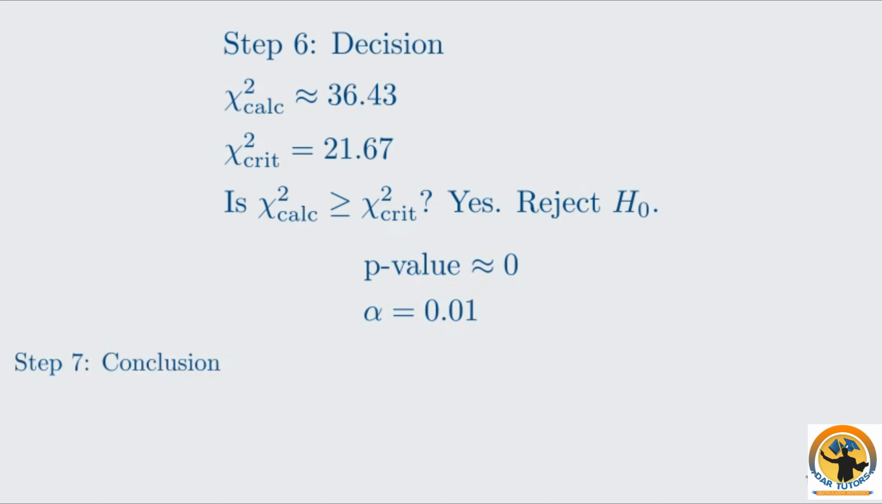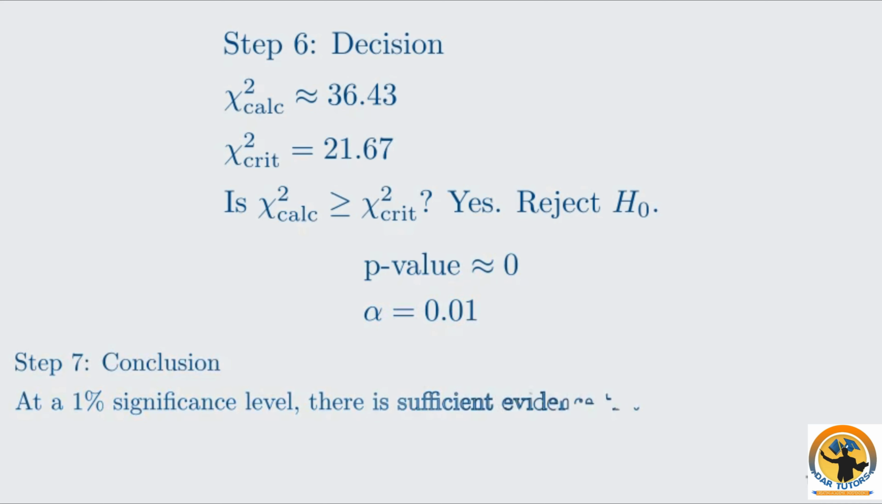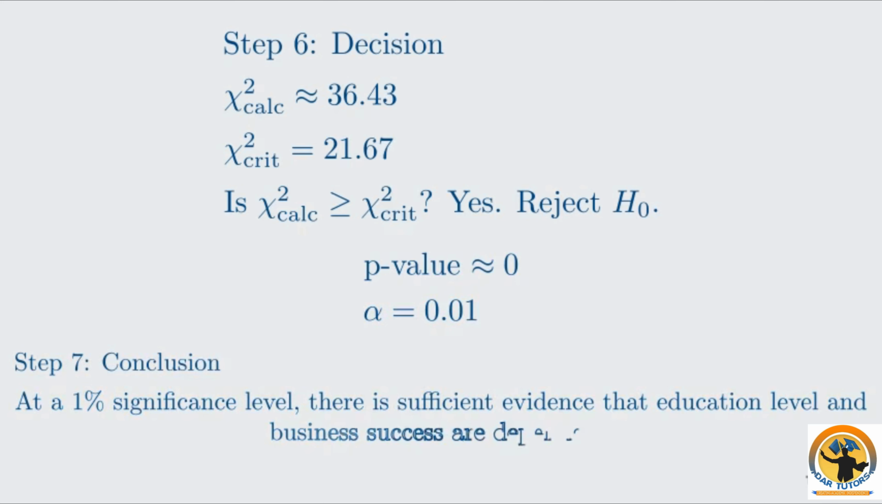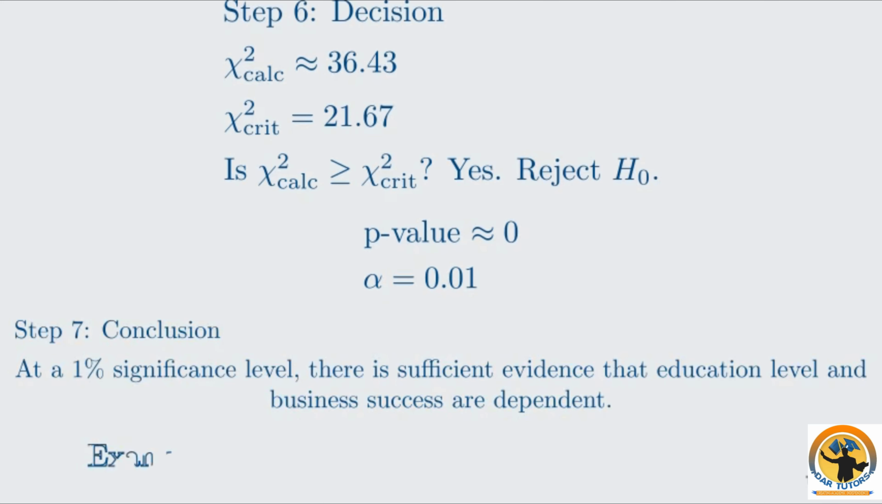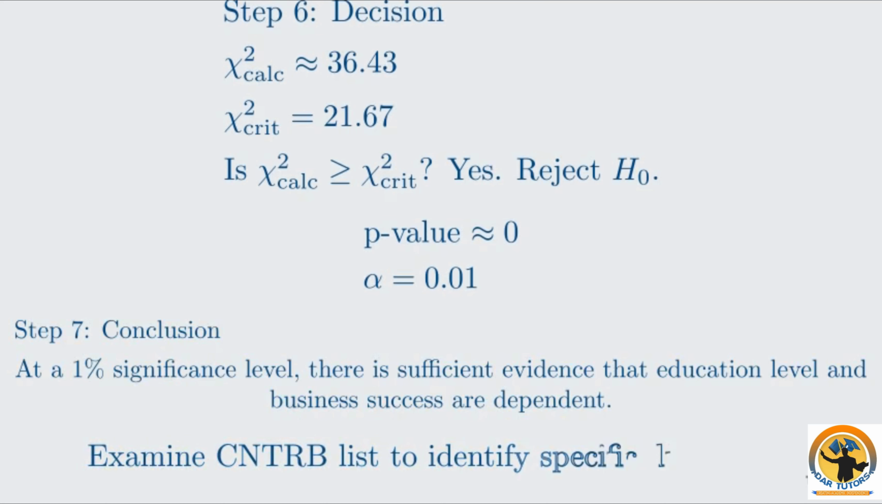Step 7. Conclusion. We conclude that at a 1% significance level, there is strong evidence that education level and business success are not independent. There is a statistically significant link between the two variables. To learn more about this link, we would examine the calculator's CNTRB list, which shows the contribution of each cell to the total χ² statistic. This would tell us which specific education and success level combinations are most different from what we would